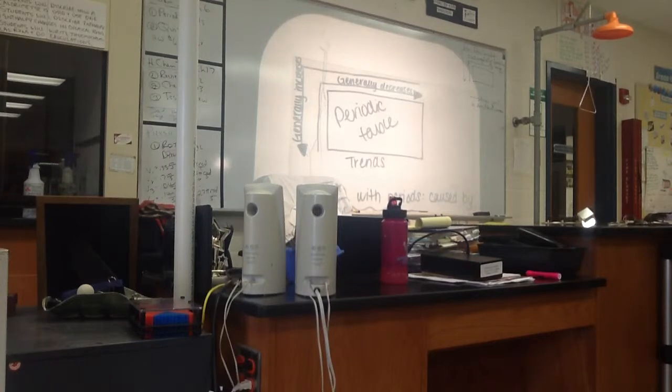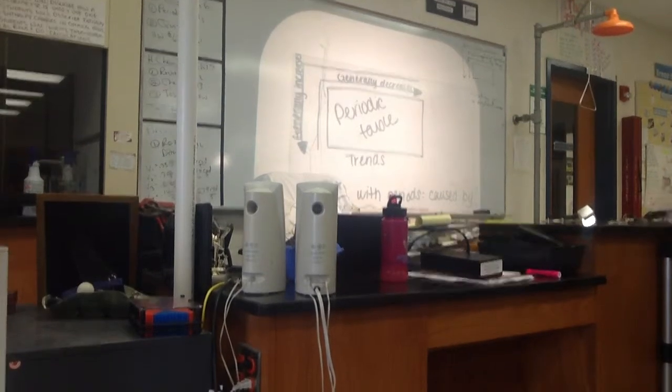Which one's larger, calcium or potassium? Potassium. Which one's larger, iodine or rubidium? Rubidium. Okay, you got the trend? One more. Which one's bigger, carbon or tin? Tin. Bigger going down, we're adding layers. Bigger this way, you've got less nuclear charge. All right, good. Ionization, or